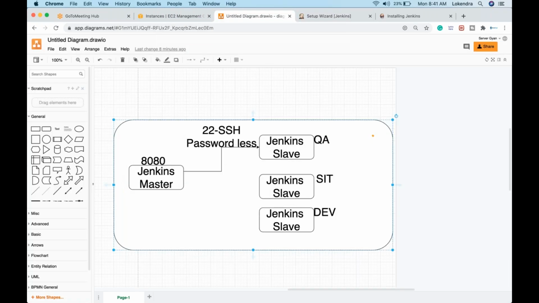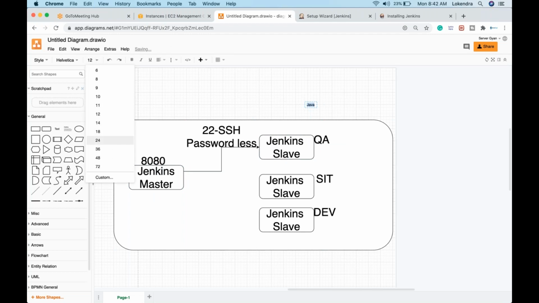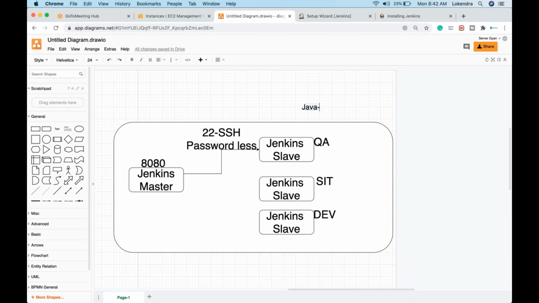we can go here and do something else. So now what we have done so far is we have installed Jenkins on this server, and we have installed Java here. Let me type in what the prerequisites are here. We will have to install Java on both. Let me make it a bit large for you guys so you shall be able to read it properly. Java on both,